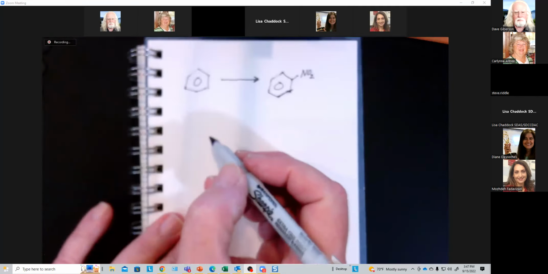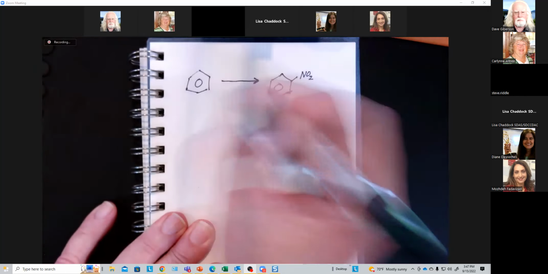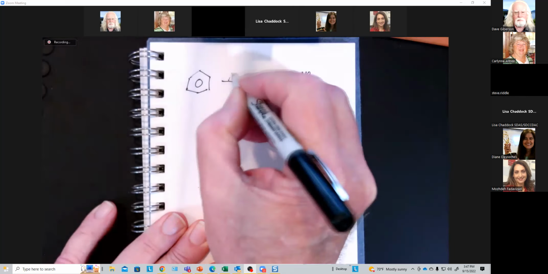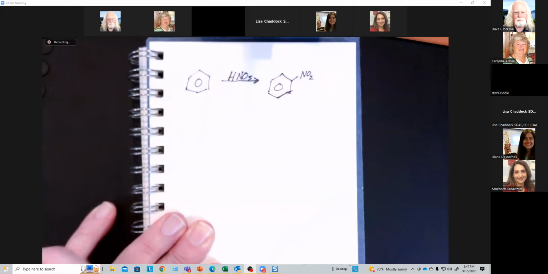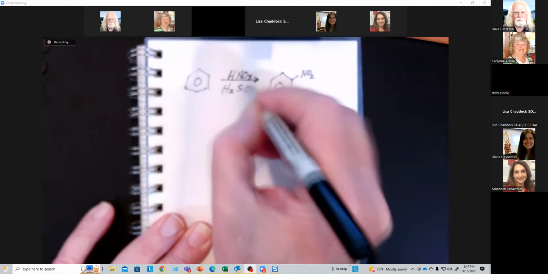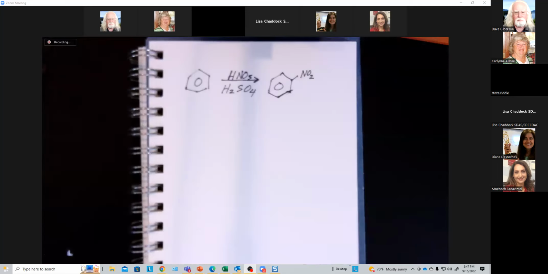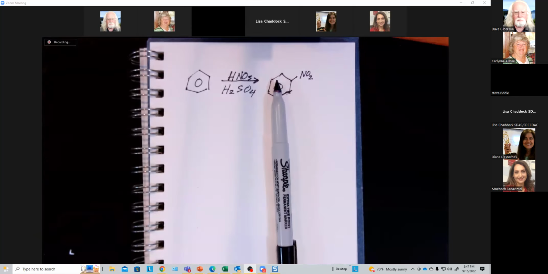Students in about the middle of the first semester of organic chemistry learn very quickly that to do something like this, you just take a mixture of nitric acid and sulfuric acid, and it's so much easier to write with a pen on a piece of paper than it is to write, even using a graphics tablet, on a software whiteboard, because it's a natural skill. It's something we've learned to do from the age of 3 or 4,